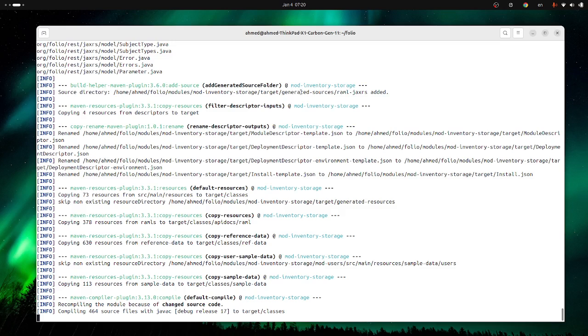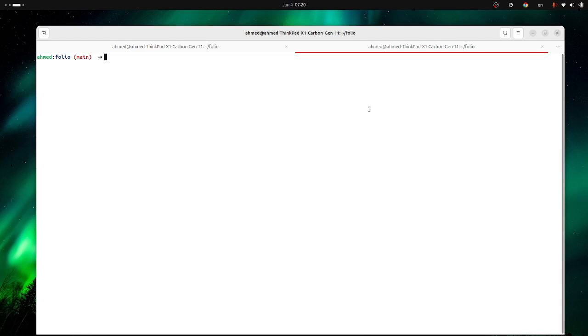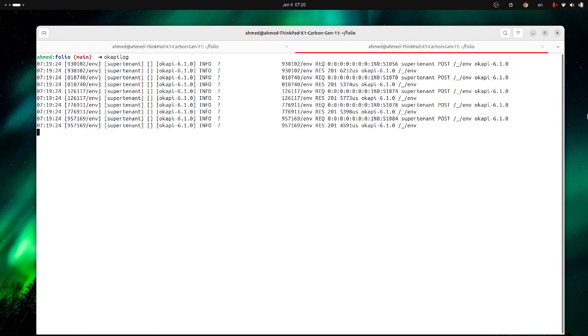Then we started with mod permissions and now mod inventory storage. Now there is something very nice, we forget about it. I can actually see the Okapi log in another tab. As you see here,